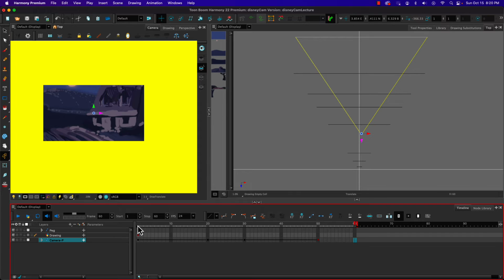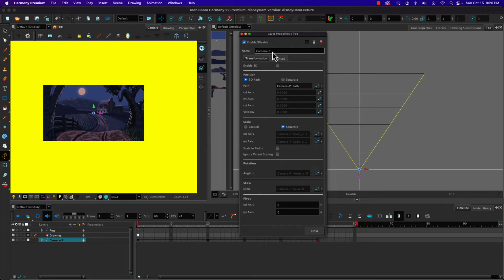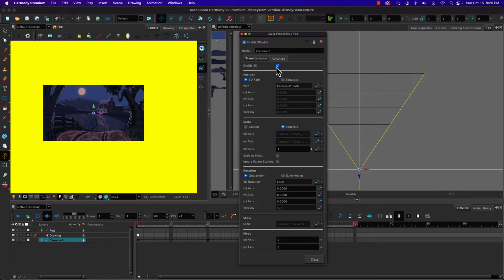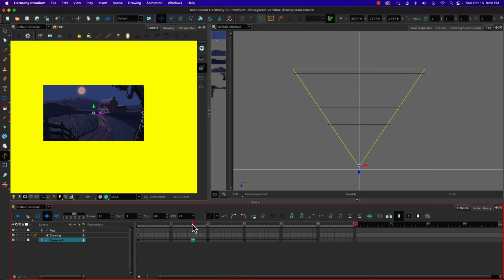So that's a start, but now I'm going to just look at this camera peg. So either in the node view I can pull up its properties, or I click on the little kind of keyframing icon on it, and you'll see there's an option for enable 3D. Now if I click on that, we get a few more options that pop up. Namely, I can start working in multiple spaces. So if I'm here,